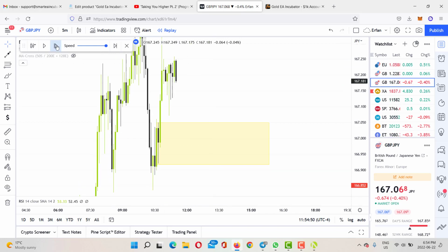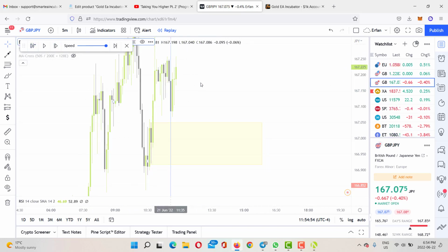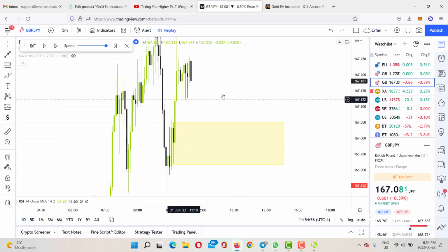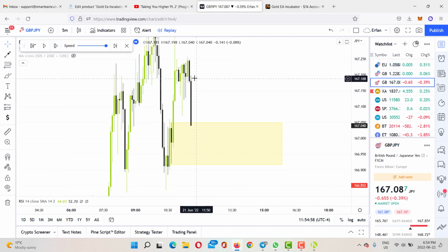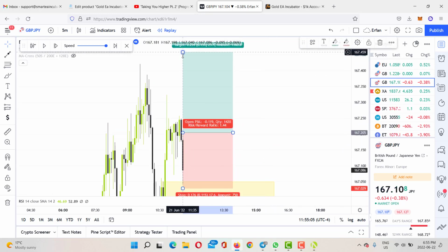So the first thing I need to do is just wait for the price to come back to this level. Okay, so as you can see, what is the first candle? This is the first candle. What do I do? Put my stop loss here, my entry here, my stop loss below this, and then my TP somewhere